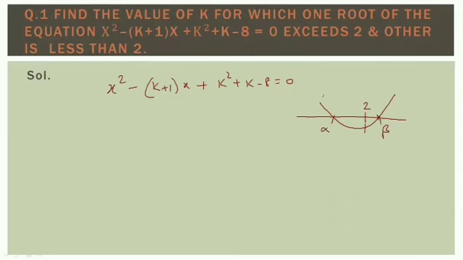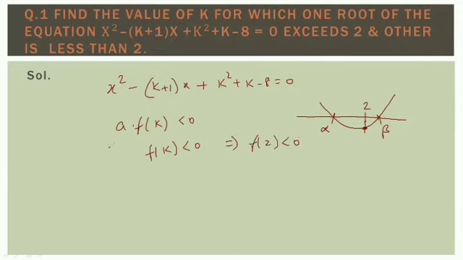Okay, and this is the case when a is positive, since in this case the coefficient of x square is positive. So this graph will follow. We can see that f of 2 in this case is negative. So the only condition which was applicable over here was a into f of k less than 0. Since a is positive, f of k will be less than 0. And what is k here? k is 2. So this means f of 2 will be less than 0.